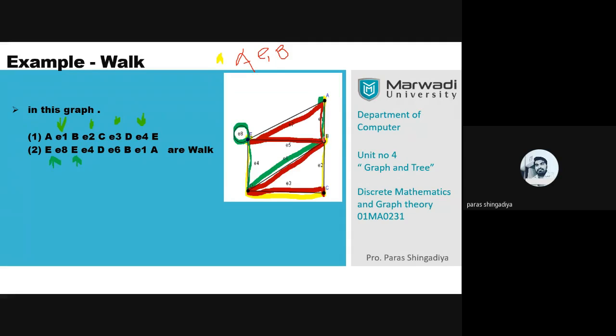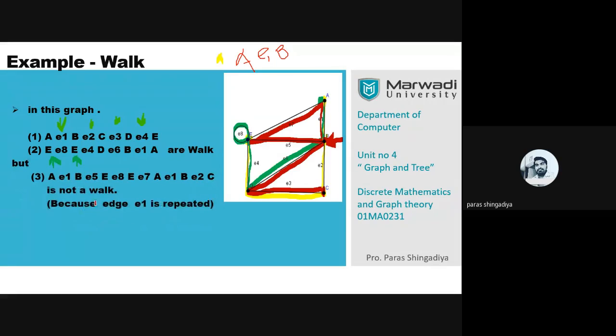As you can check, at the place B we are using two different ways to reach there. One is via E6, D E6B, and then after reaching E, A, E1B. So those are two different ways to reach there. That is valid in the definition of a walk. Vertex can appear more than once, but an edge cannot appear more than once. So that is a counter example. You can also create more examples in this graph. Start with any place and end your journey at any place. Lots of examples can be created.